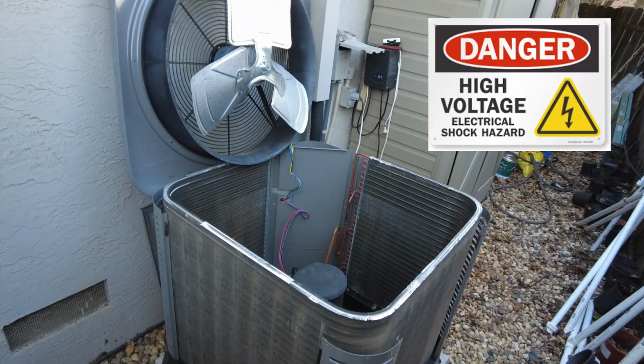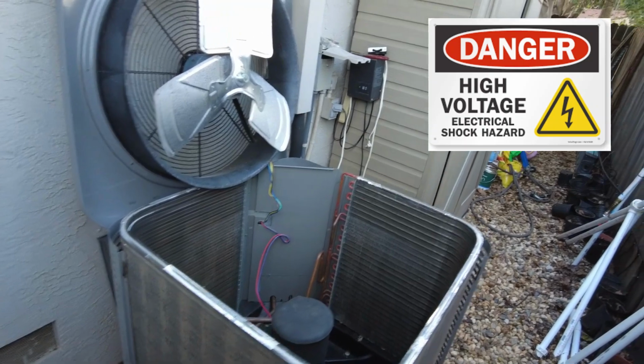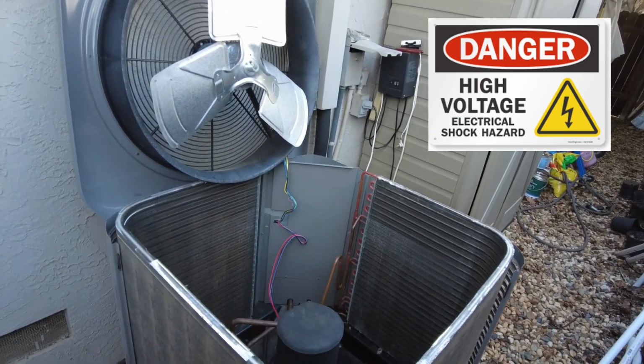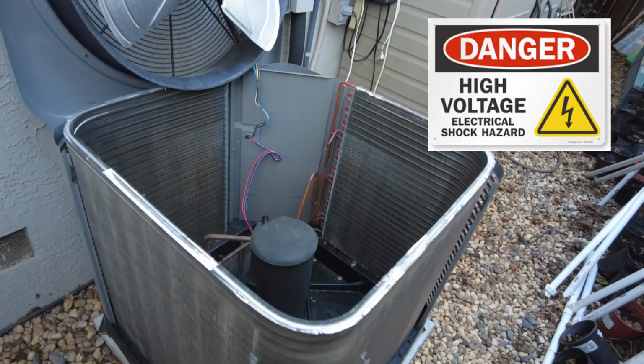Okay, so we've got another panel off and this is up next to the wall of the house and we can see it's impacted as well. In fact, we've got some cottonwood seeds that are starting to get into the coil there, and we're going to go ahead and pull the remaining panels, the top, off, and clean this unit. The unit is disassembled. This is the part to leave up to the professionals. You can damage your unit by doing this incorrectly, and this unit is under high voltage, which can cause injury